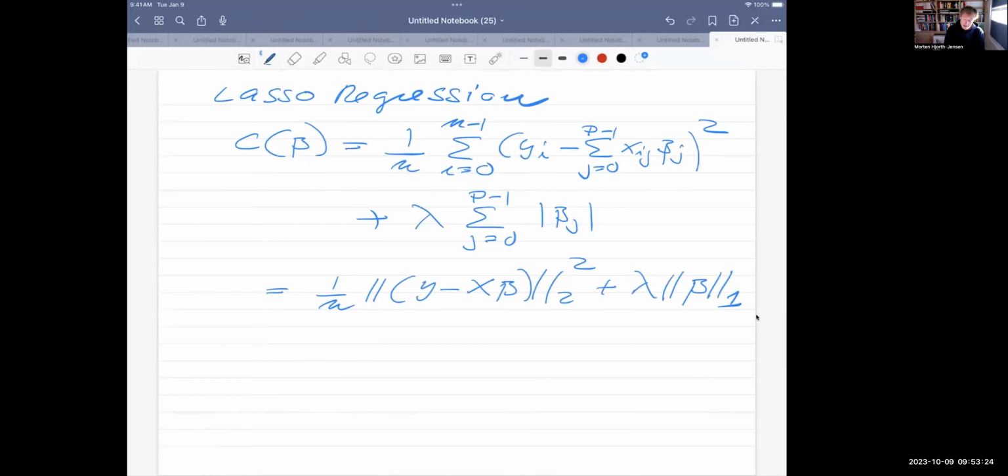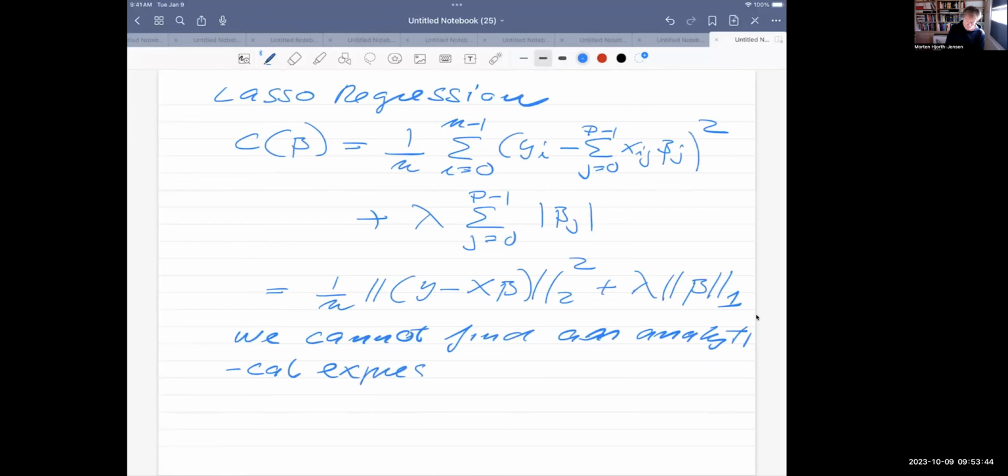Now, the problem we have now is that we cannot find an analytical expression for this beta of Lasso and the optimal value, like we did with ridge regression, where we simply have to invert a matrix, and ordinary least squares, where we have to invert a matrix. So in this particular case, the reason resides in the fact that when we take the derivative of an absolute value,